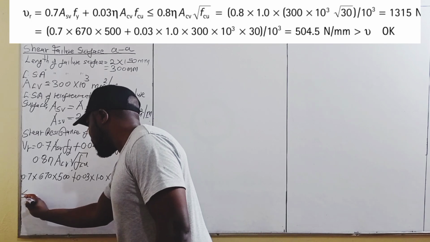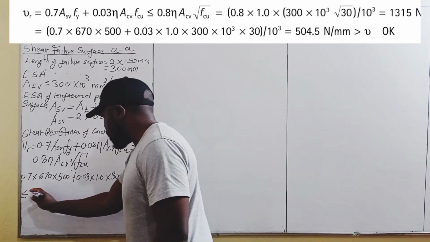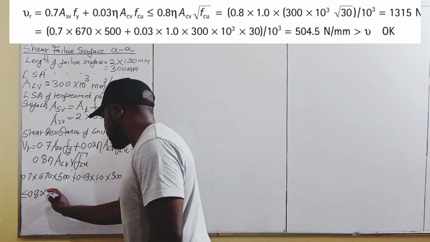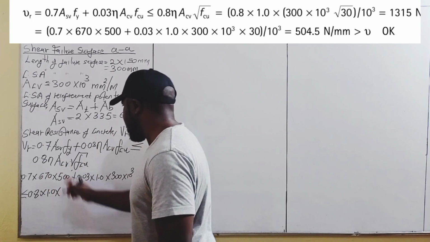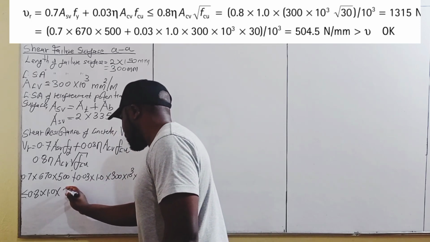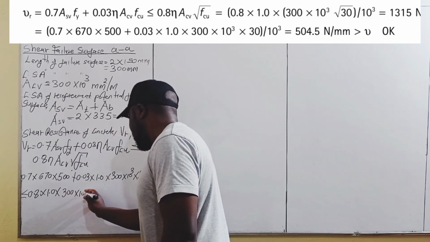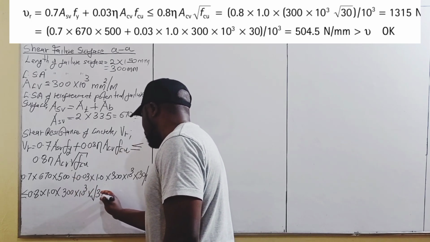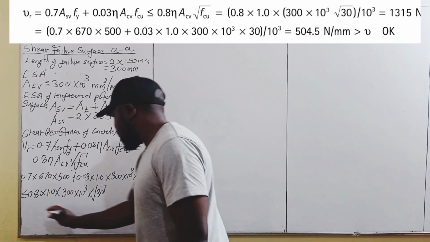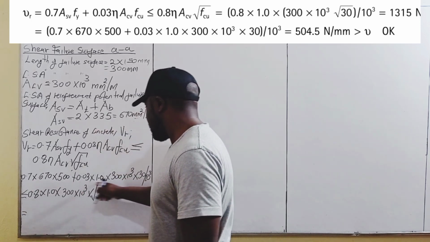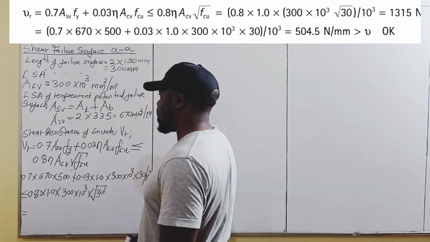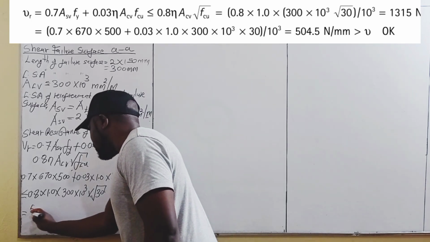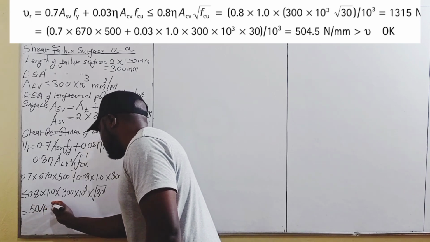This should be less than or equal to 0.8 times a constant N, which is 1.0, times ACV, which is 300 times 10 raised to the power of 3, times the square root of characteristic strength of concrete, which is 30. And therefore, the first part here, when we carry out that calculation, is going to give us 504.5